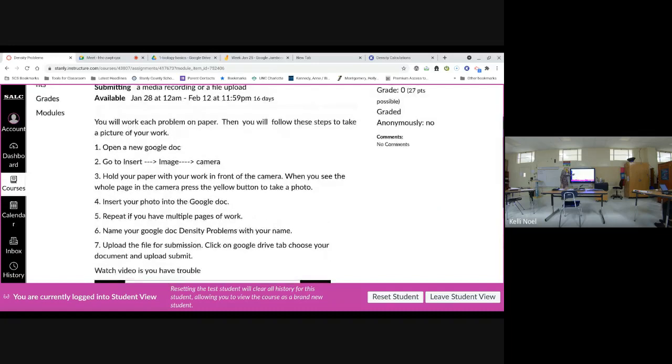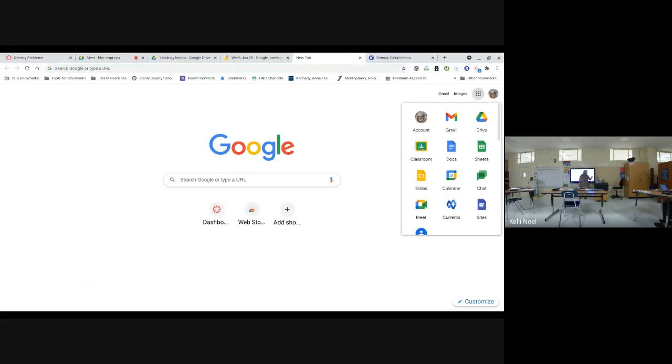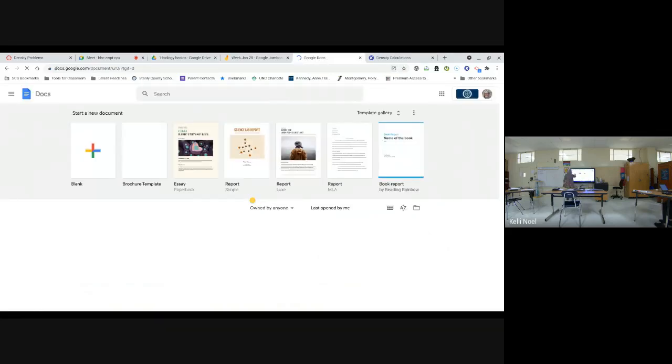Since this is math and you need to write it out, here, if you were at home, you would do notebook paper or a Google Doc. On notebook paper, you'd work all your problems. You would open a Google Doc, and this might not work here because I don't have a camera, but I will try to kind of show you. Or you can open a Google Slides, it doesn't matter. You're going to open a blank one. When you're finished,